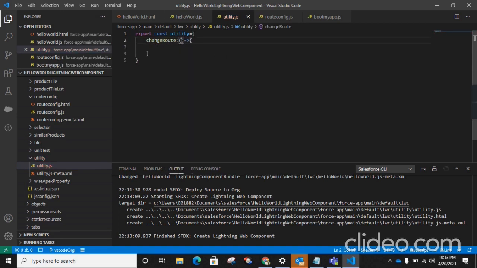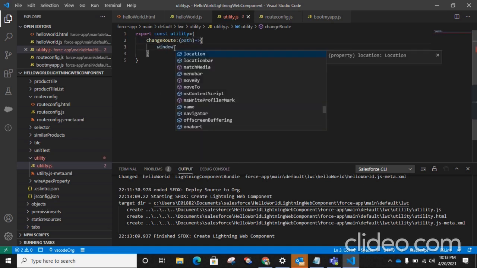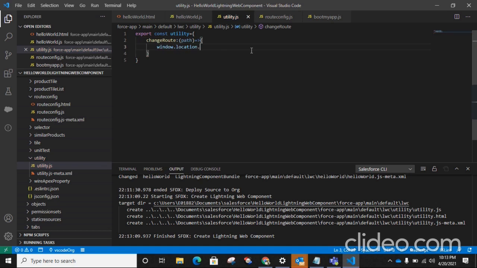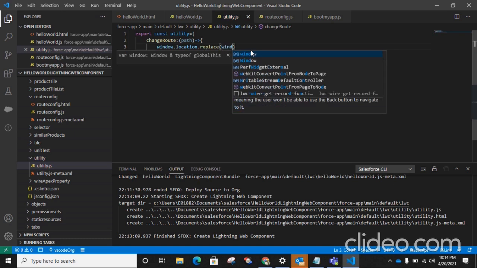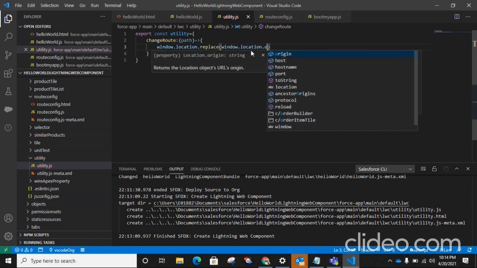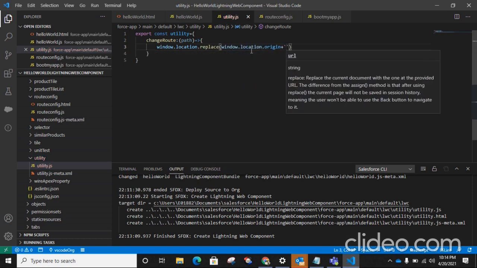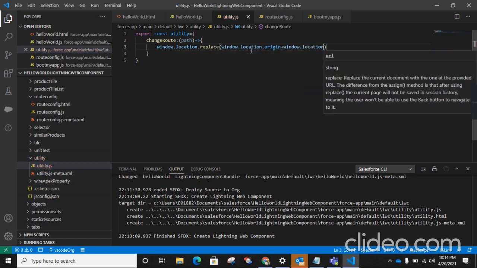This function will have a parameter named path. So I am going to use the JavaScript window.location.replace method: window.location.origin plus window.location.pathname. We are using hash in our client. So here will be the path.